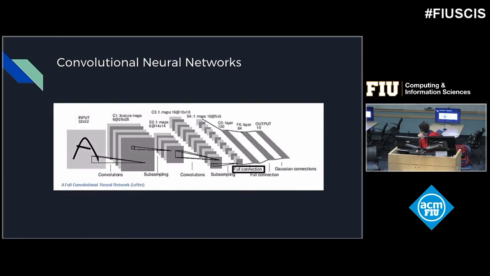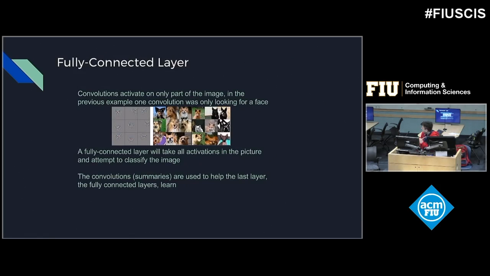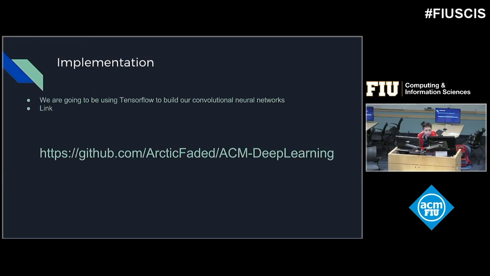After you've done your convolutions and subsamplings, you go to a fully connected layer, which is the traditional neural network where you take your inputs, the inputs activate, and then it identifies a class of the image. In this data set, our fully connected layer will be outputting to a layer of 10 because we have 10 objects we want to identify. I think I already said all these things.